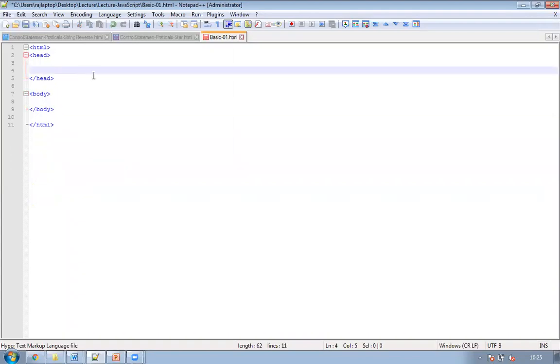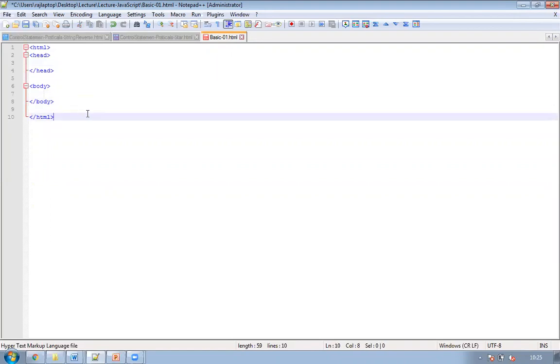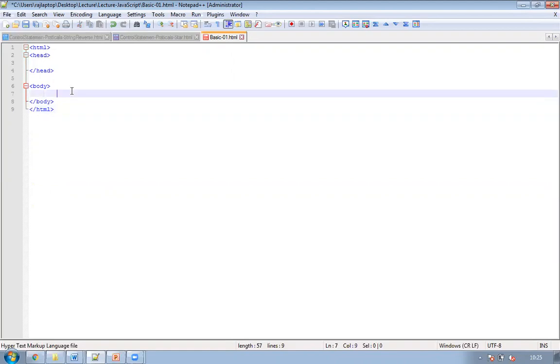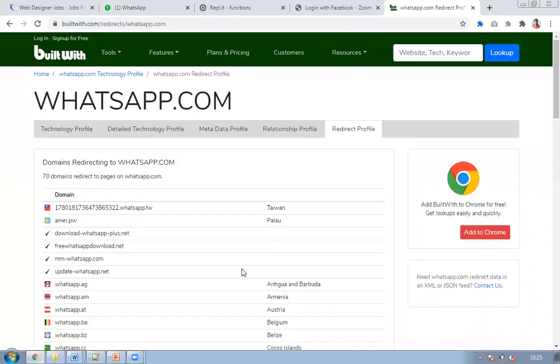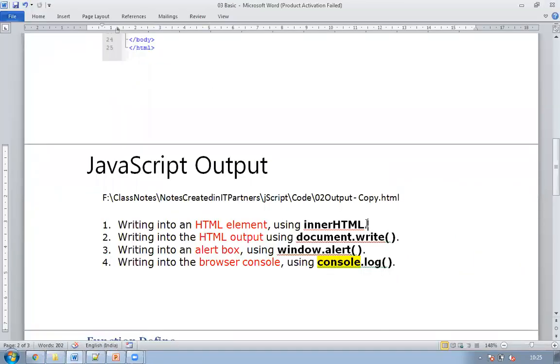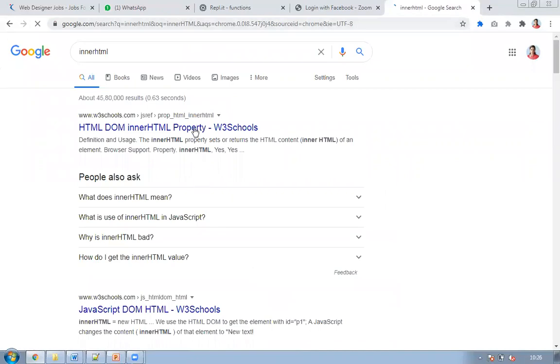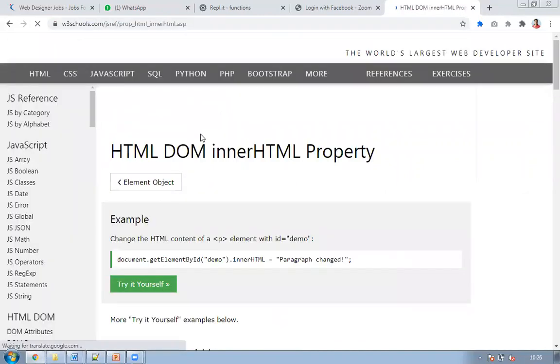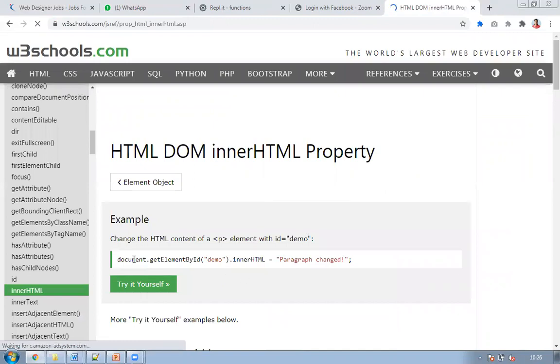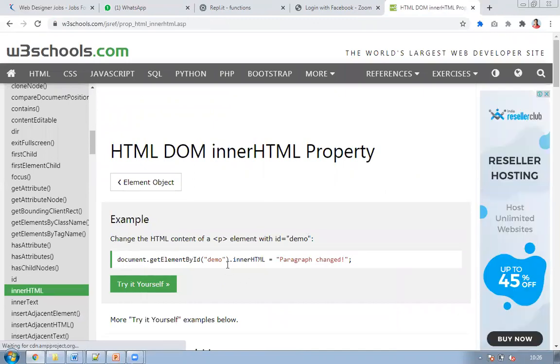After this block, we should do one very small and important thing. We should be able to insert something into it. So how to insert? We'll be checking the syntax of this, innerHTML. This is an HTML property. Just type it into Google. I use this innerHTML property. The syntax is document.getElementById, that is the ID name, .innerHTML, and writing into it. Let's check how this works.